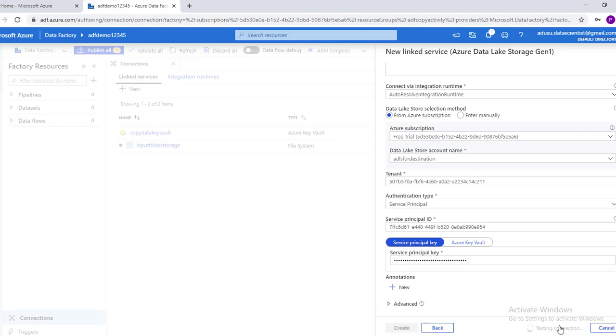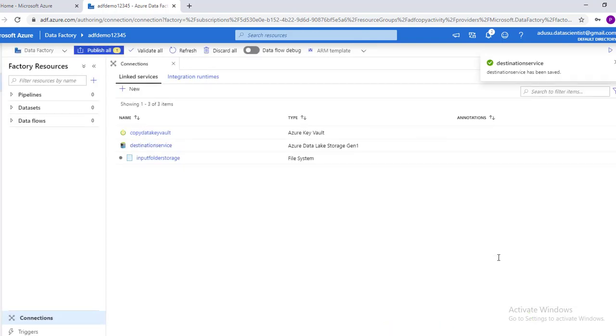Okay, let's see. Let's test one more time. Now it is successful. Click on create. Now we have created linked service for input and output for the source and destination. Source is storage and destination is data lake.